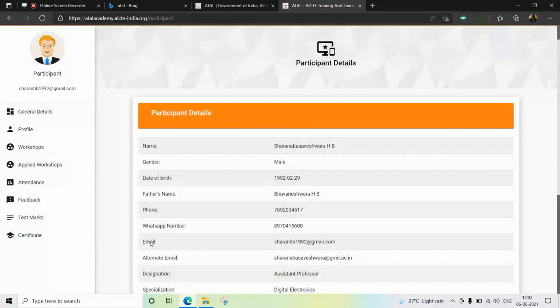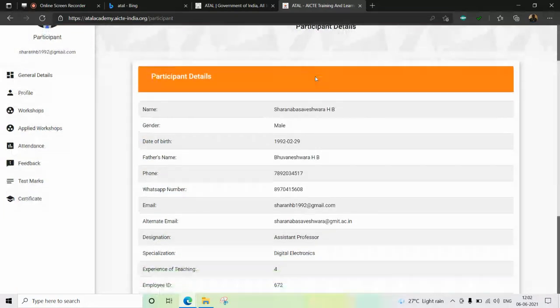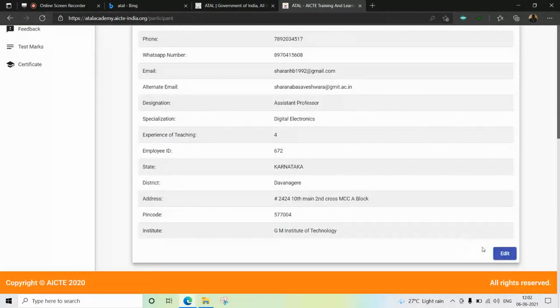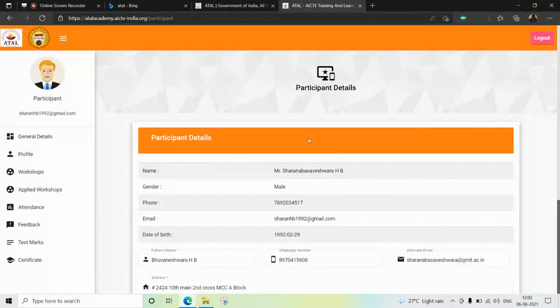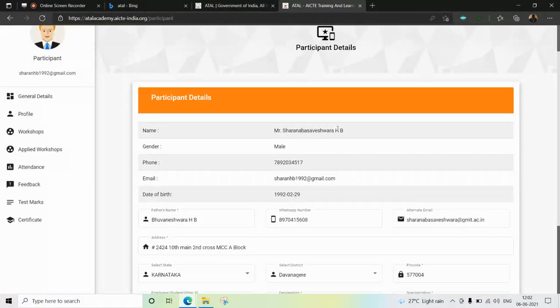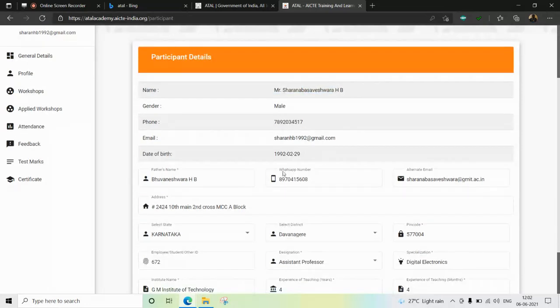After sign in, it will be asking for the participant details. Already I have filled in my participant details, so it will be asking the participant details like this. Each and every participant's details you need to give.